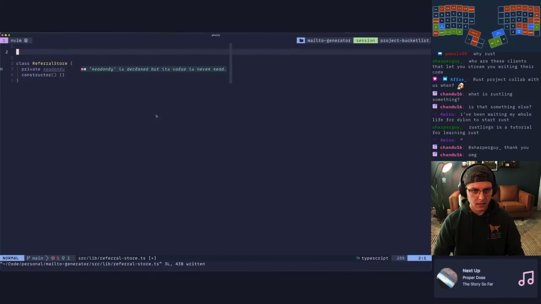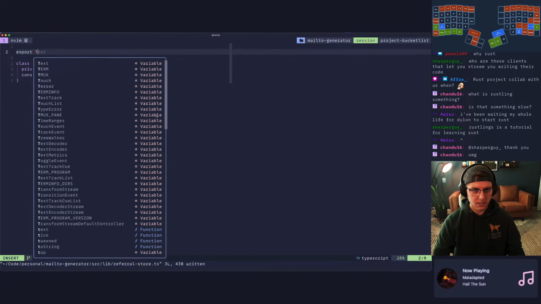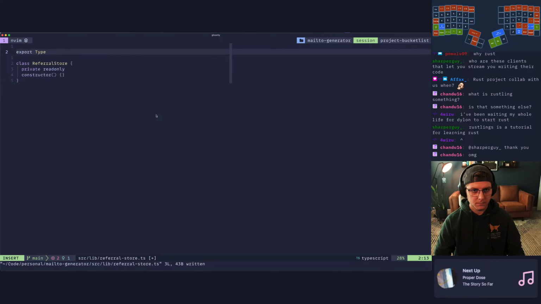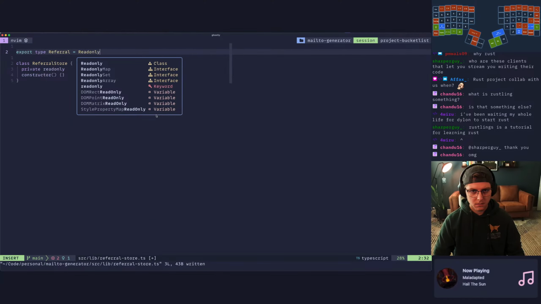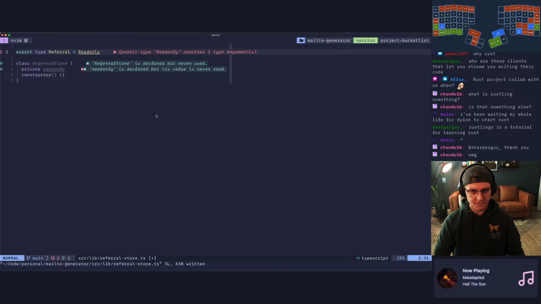So let's say a type. You can export this. Export type. That's not right. A referral has on it... readonly. Actually, I guess we don't want readonly in Svelte, do we?